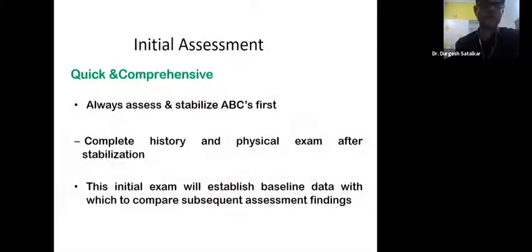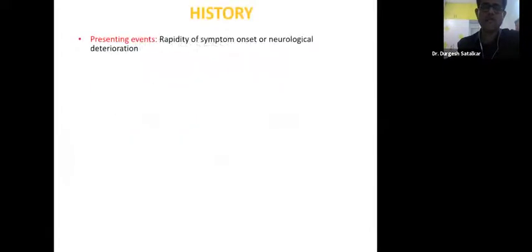Coming to any emergency, we know that we always have to stabilize airway, breathing and circulation first. Then comes the complete history and physical examination after initial stabilization, as this initial examination will establish baseline data upon which we will compare the subsequent assessment, our judgment and our findings. Now, coming to the history part, as we know, any neurology patient who is coming to